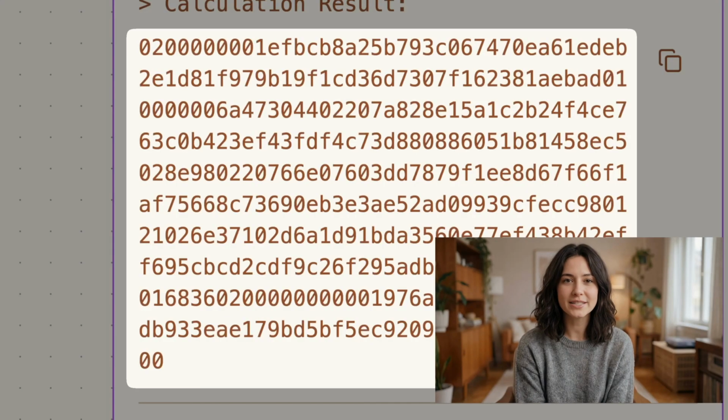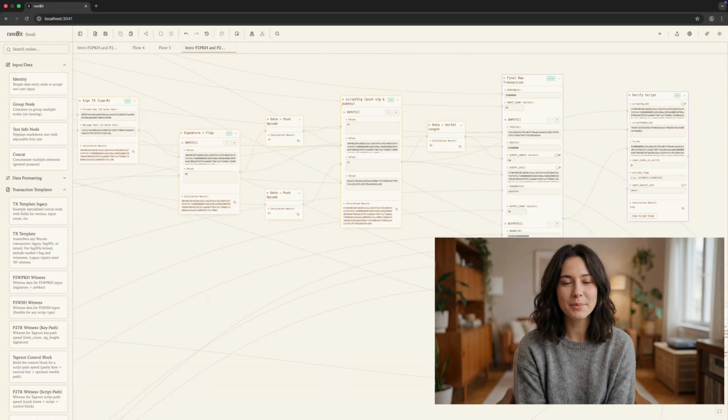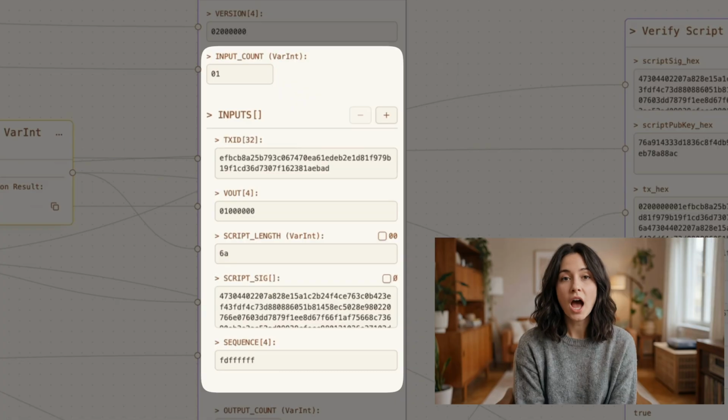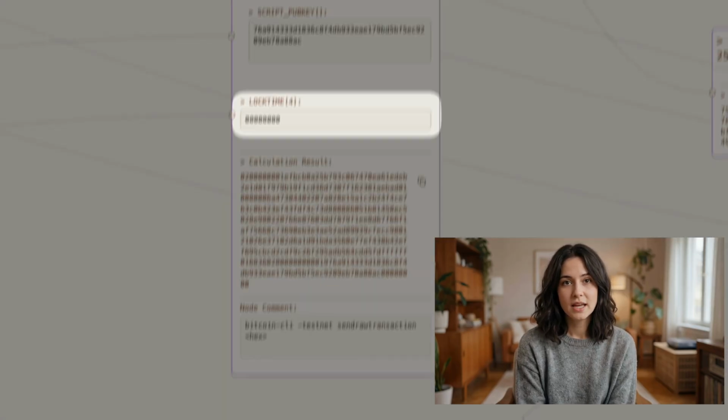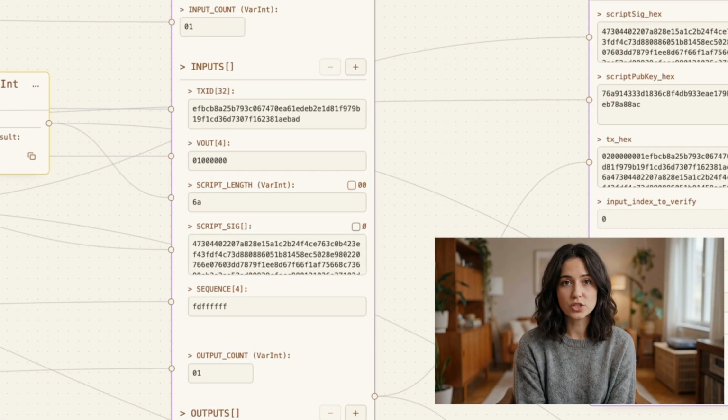Ever wondered how a Bitcoin transaction is actually constructed? At first glance, raw Bitcoin transaction hex can look pretty terrifying. At the top level, a legacy Bitcoin transaction is just four main parts: version, inputs, outputs, and lock time. Inside those parts, there's more structure.